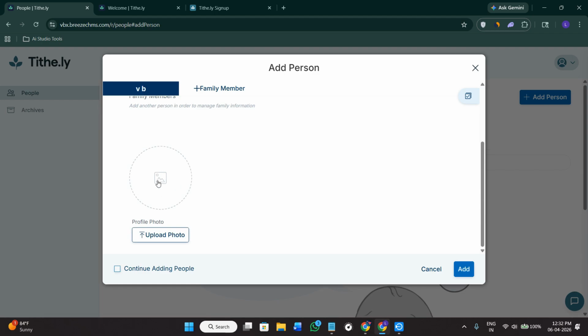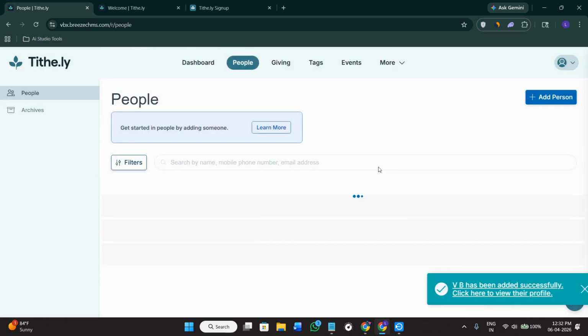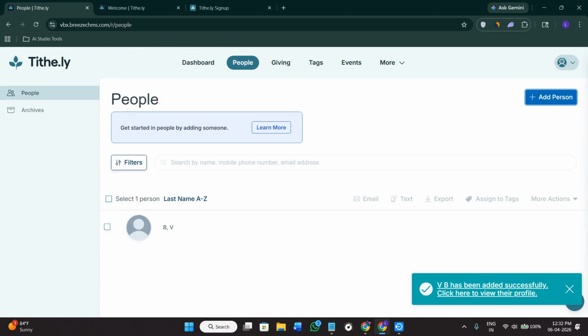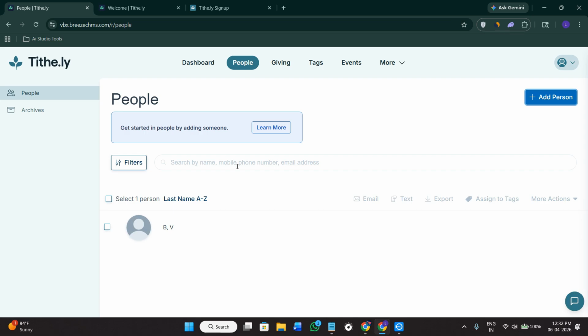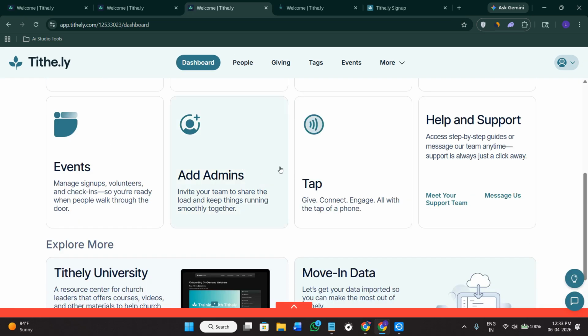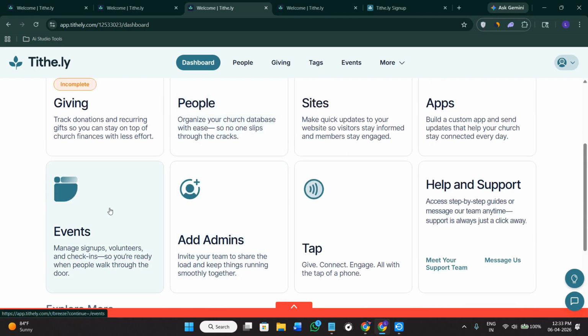If you have their photo, you can click on the option of upload photo and then you can basically add them. You can also organize the members into the groups and the categories, and this is going to help in communication and management. So here, if I just go back on the home page, you can click on the option